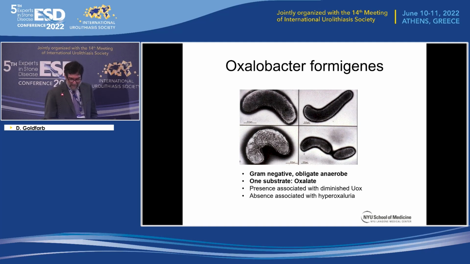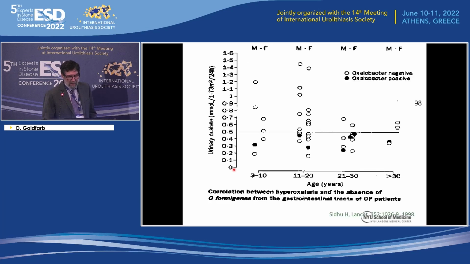This is a gram-negative obligate anaerobe. It has one substrate. It only eats oxalate. That's how it makes ATP, so that its presence has been associated with diminished urinary oxalate, and it's been thought to be protective. And the data go back to, I think, in the history of looking at the clinical importance